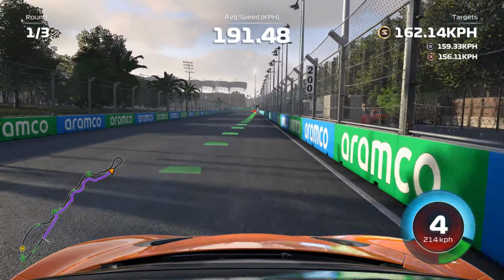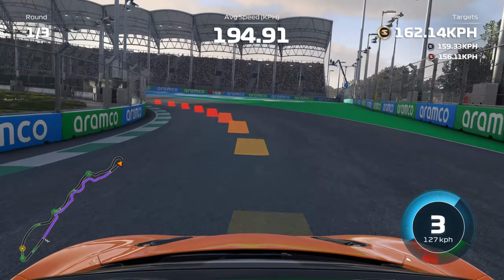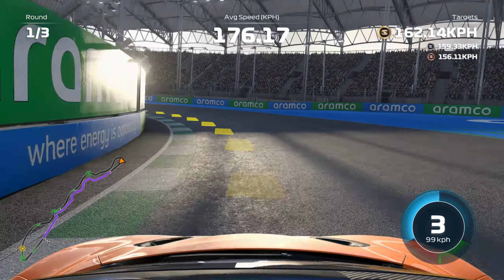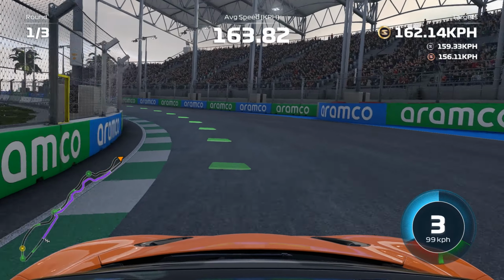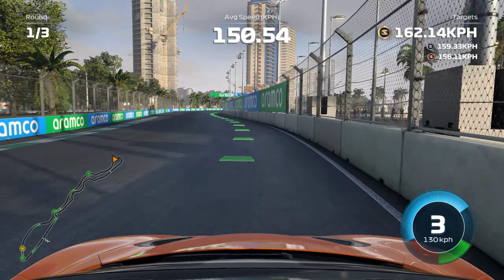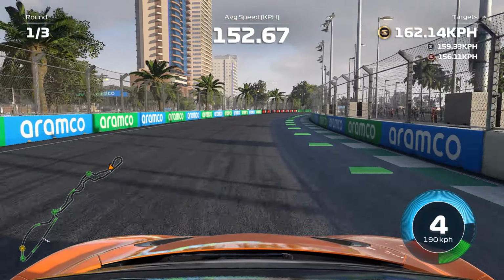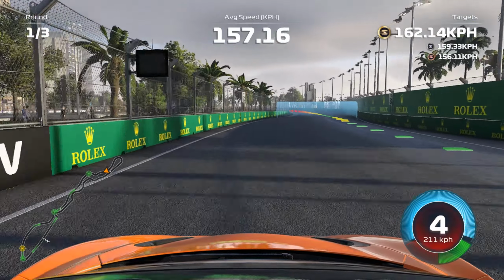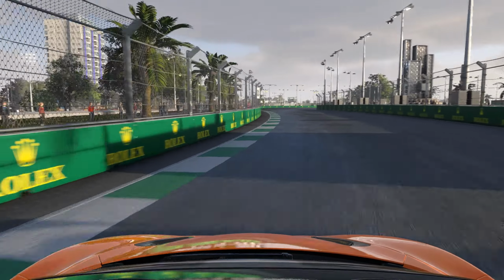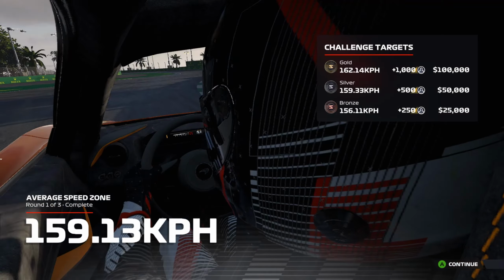So by the time we get to the end of the checkpoint or the finish line, we have to beat the objective, or at least get above the average speed, which for gold is 162. So we've hit the wall as we come across the line. So really you only have to go around turn 13 to do so. So average speed was